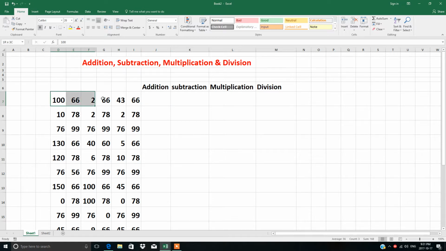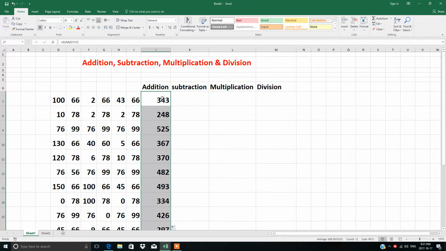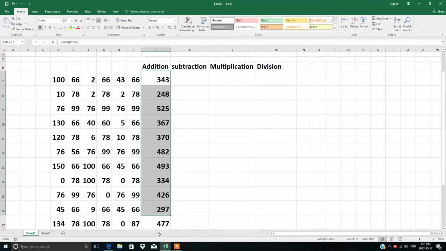So the easiest way is you have to select the range and then from the Home tab, go to the editing group and click the AutoSum option, and Excel will give you the result, that is 343. Right? And another way is